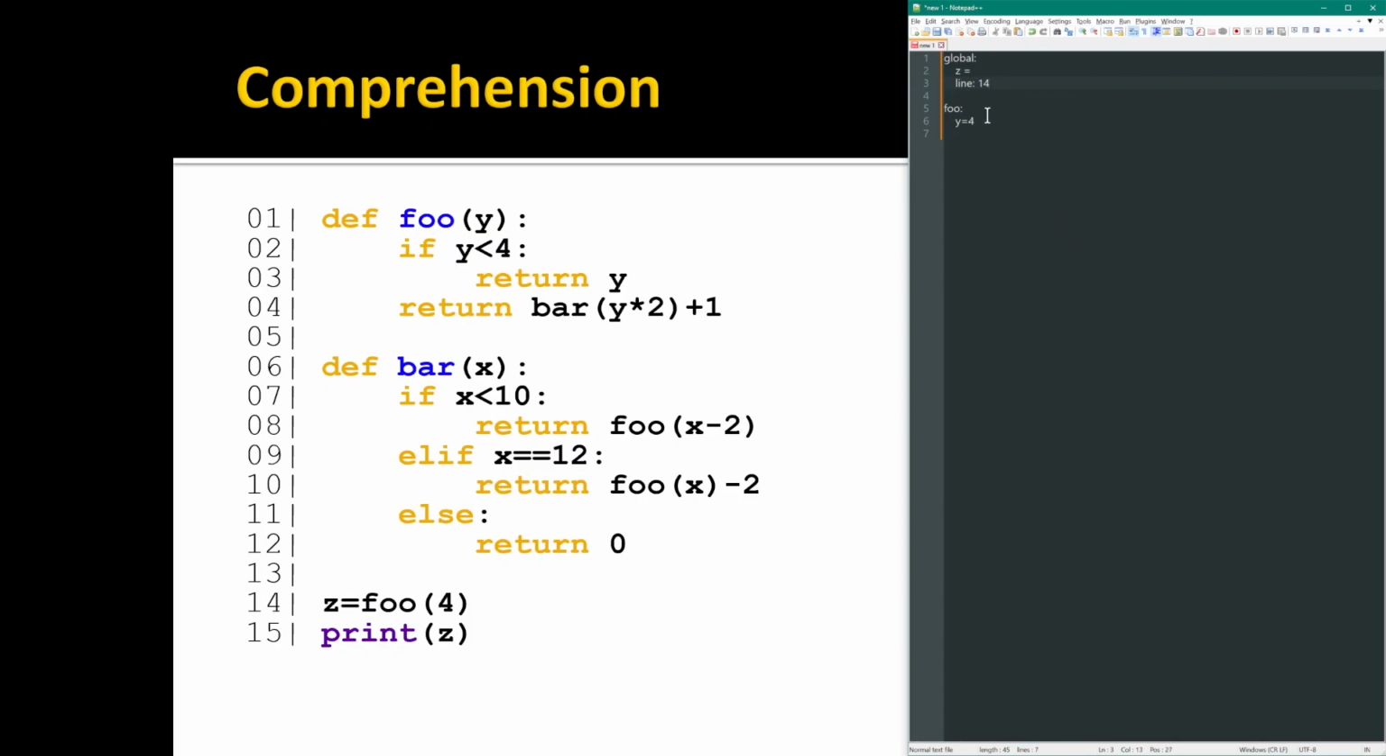So we jump down to foo, and then we're at the top of foo, so we could say we're on line 1 right now. All right, then on line 2, it says if y is less than 4, which is false, so we jump down to line 4, and it says return bar of y times 2 plus 1. So in order to evaluate this expression, we have to first call bar, so we create another scope, so we say bar. So we're on line 4 when we call bar, we jump down to line 6, and that creates